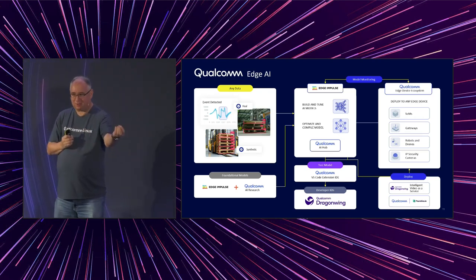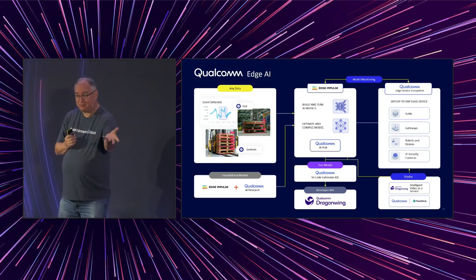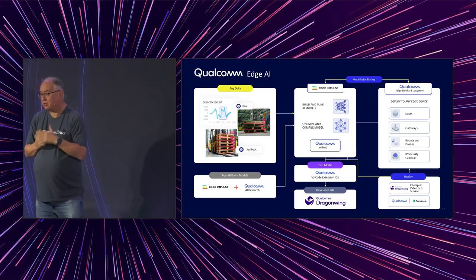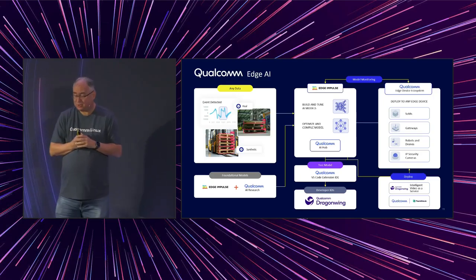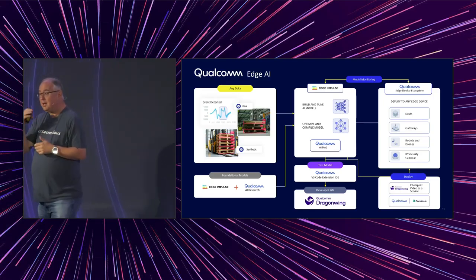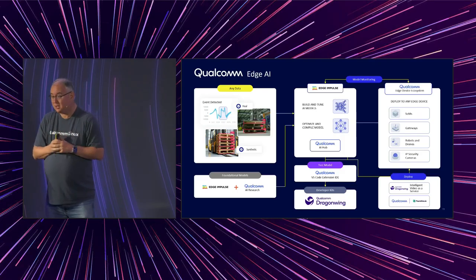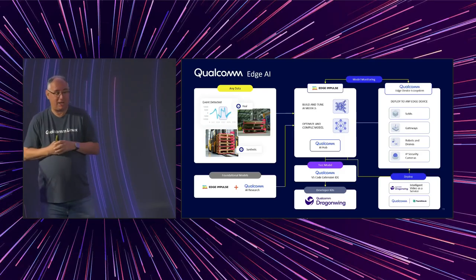We're bringing together the base foundation of the platform so we can securely keep that up to date. We're having an AI store where we're actively developing AI models and making them available and easy to use for our customers. And then there is the Edge Impulse component where we can keep the models up to date. We can get data, retrain the models on it, and again push that out.